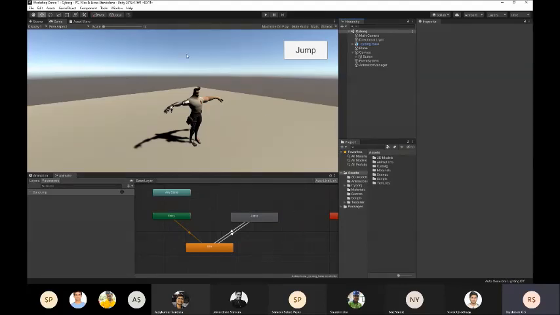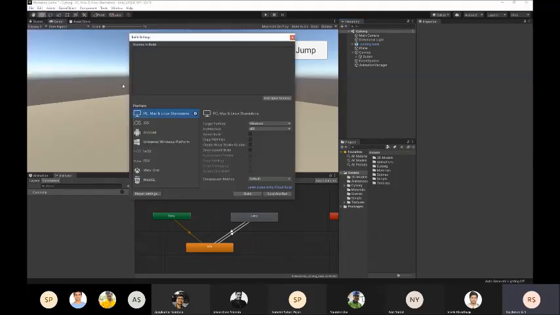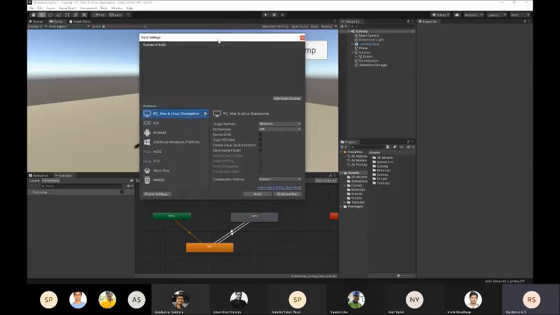And for that, how do we select which platform we want? So for that, you have to go to something called build settings, under file, build settings. Or you can also do Ctrl+Shift+B. And this is our build settings over here. And you can see the platform and so many options over here. So you can build for all these options. And there are more options, but these are the default Unity options.